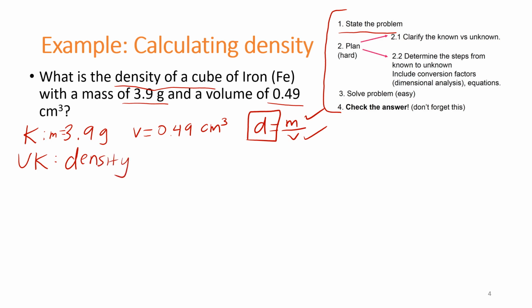This is a pretty straightforward problem. So now we can solve, right? We know what we have. We have the mass and the volume. We just need to plug and chug. So D equals our mass. And then once you calculate that out, you should end up getting